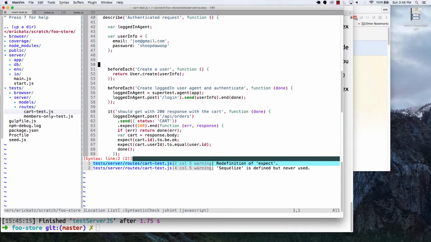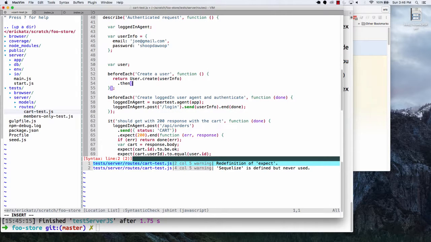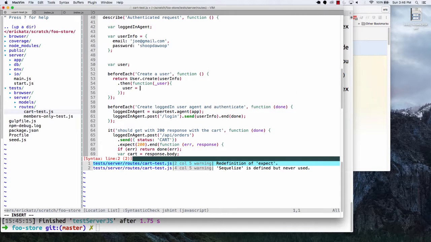Well, what I'm going to do up here is create a local variable for user. And I'm going to go over here, and before I didn't really care how the user was created, but now I'm just going to do a then here. I'm going to get a user, and I'm going to specify user equals this user. By the way, notice I don't need any sort of done here. The way that Mocha works is that if you end up returning a promise from this beforeEach, which user create is, I don't have to put a done here